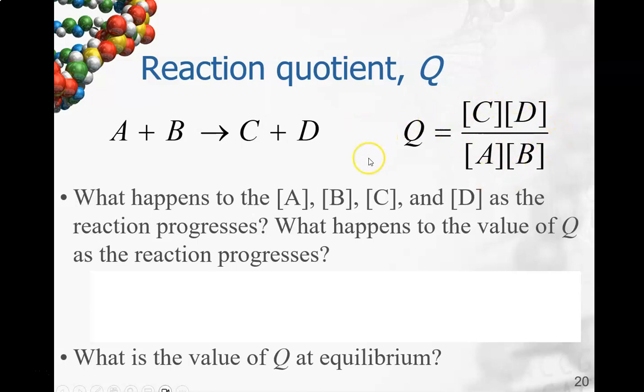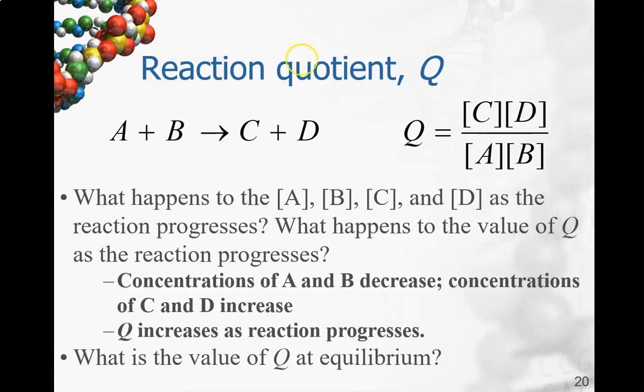equilibrium constant expression and call it KEQ if we're at equilibrium, but we can also use it to describe the ratio of products to reactants at any point along the reaction. And if we're not at equilibrium, we have to call it something else. We call it Q. So what happens as the reaction progresses, assuming that it's spontaneous,